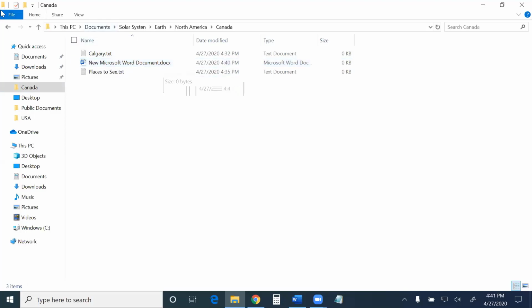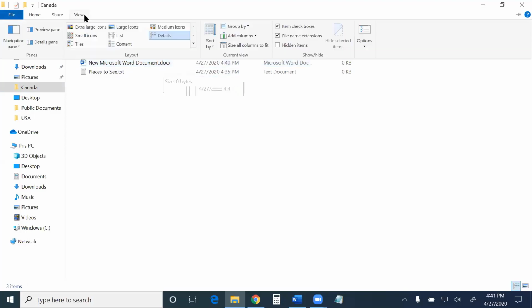So again, when you open up File Explorer, just click on View and then come over here to the side. You can check file name extensions. For the most part, I don't recommend checking hidden items. That has a tendency to show hidden important system files, and if you can see those, you're more likely to delete something accidentally that's important to Windows. So as a general recommendation, I would say leave hidden items unchecked.